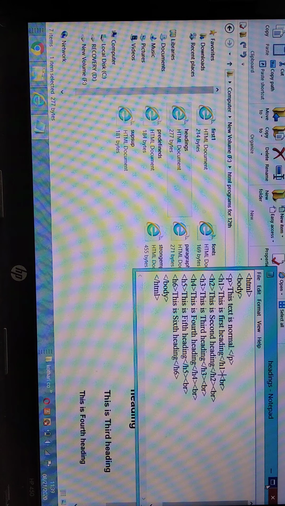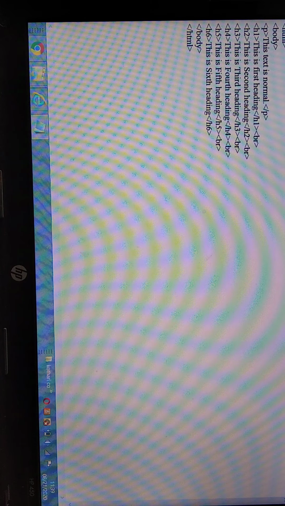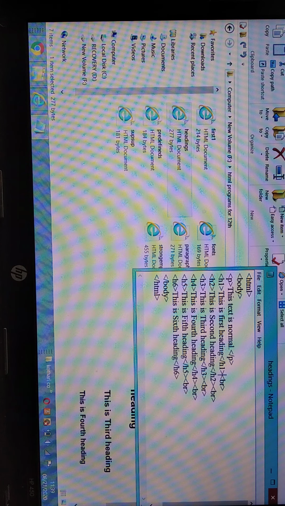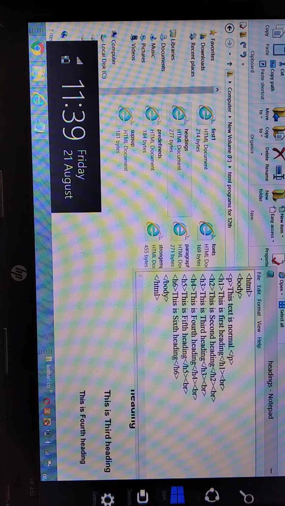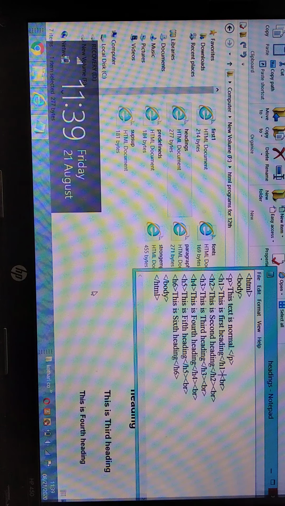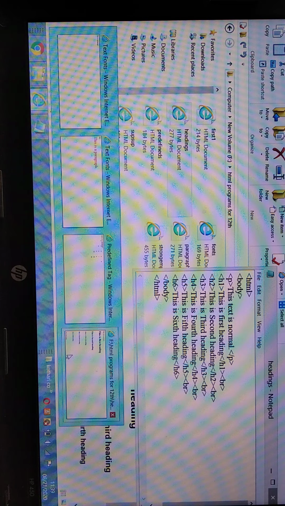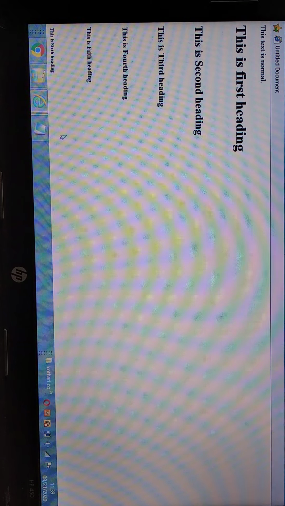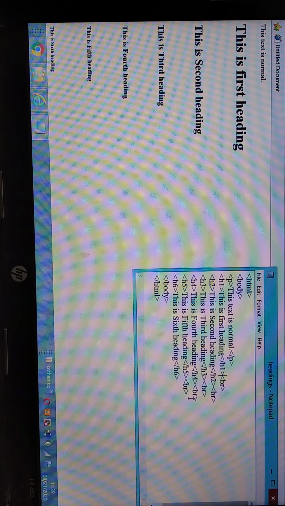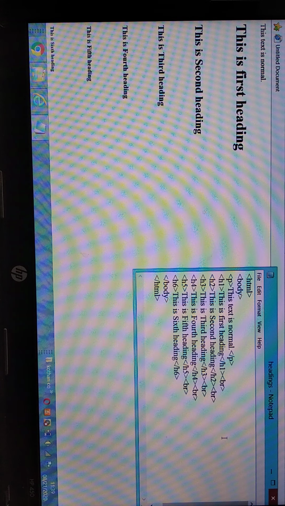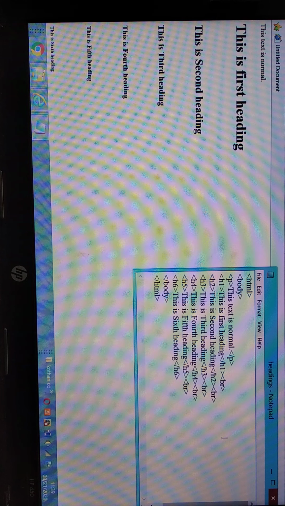We can maximize it or minimize it as per our need. I am also opening the output of that program and my Notepad file, so that it is the easiest way to look at the input and output at the same time.